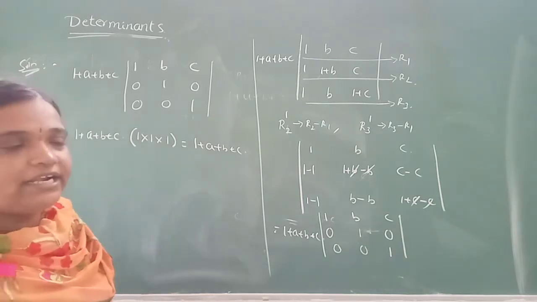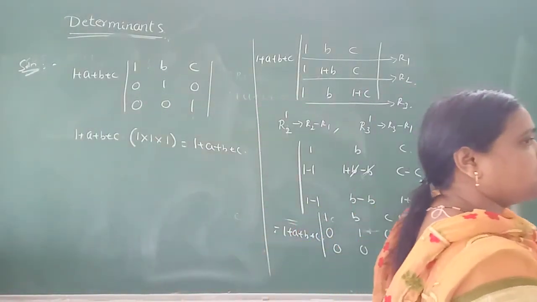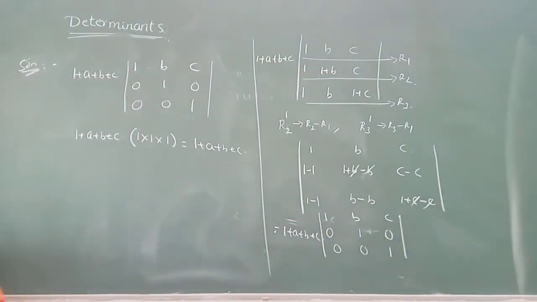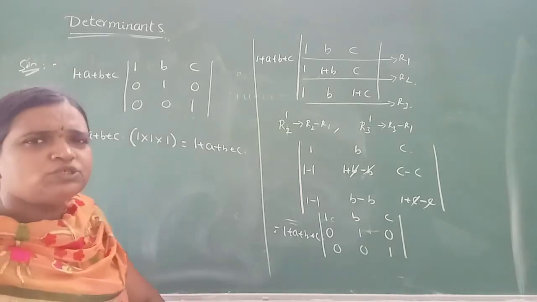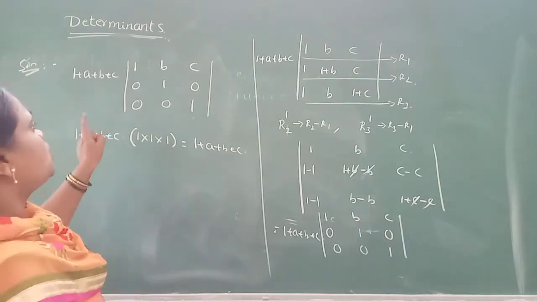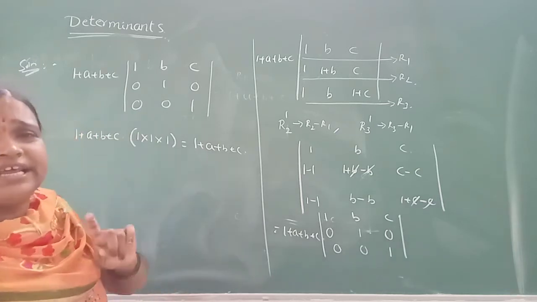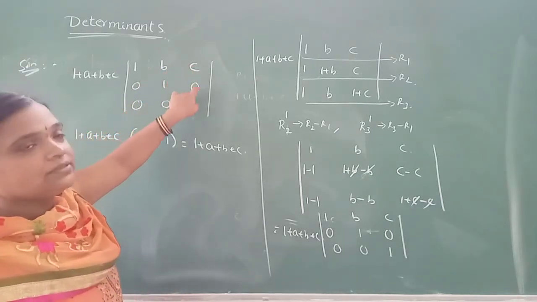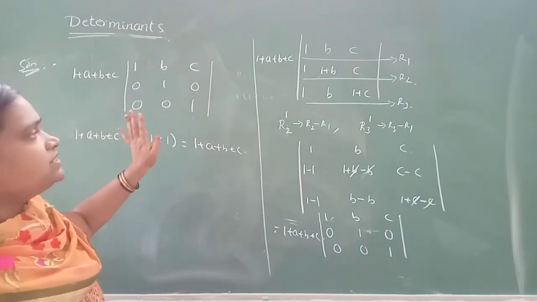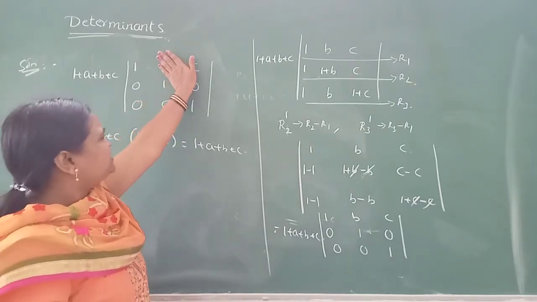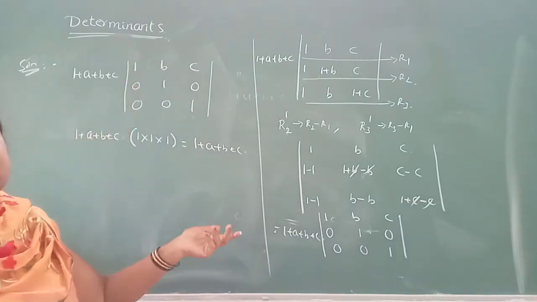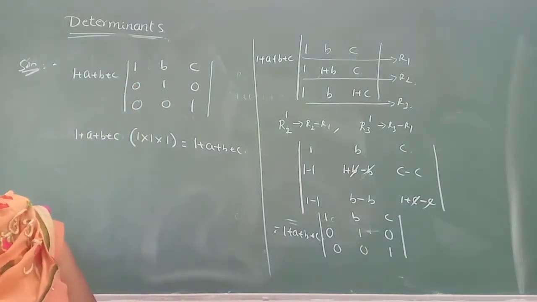Please remember that for solving, calculating, or proving, suppose they mention using the properties of determinants, always make it a habit to make the elements on one side of the principal diagonal 0, either the lower or the upper diagonals. Make these 3 zero or those 3 zero so that you can easily get the answer. Remember this.